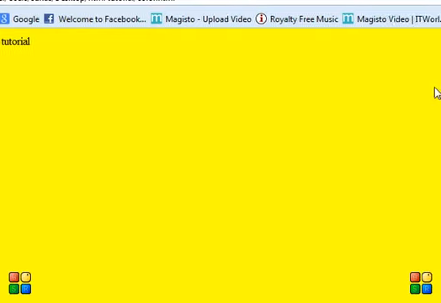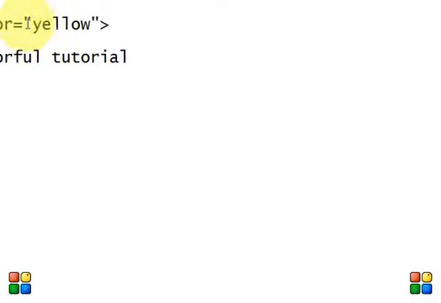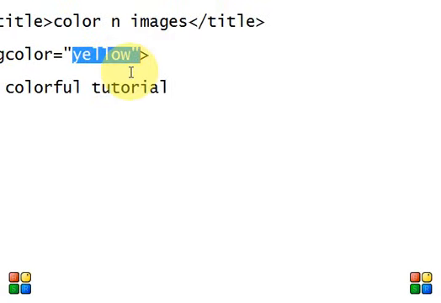There are three ways, and this is the first way we have implemented. The second way we can write is bgcolor, and in quotation marks the hexadecimal code, that is hash ff0000, or anything you want.